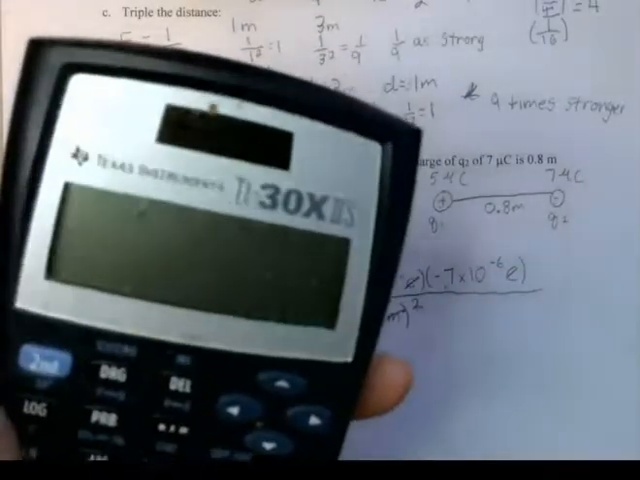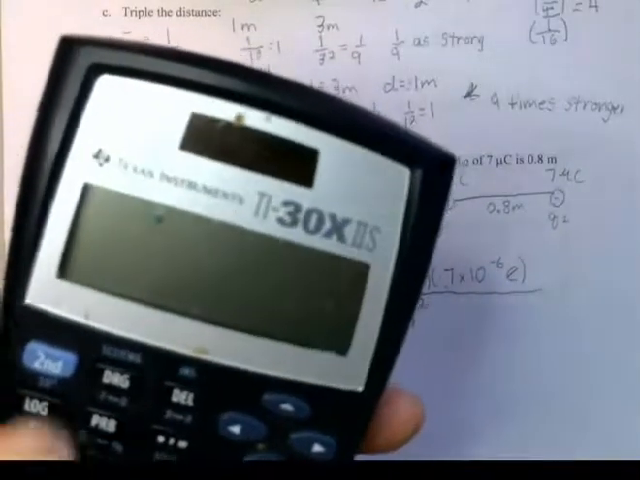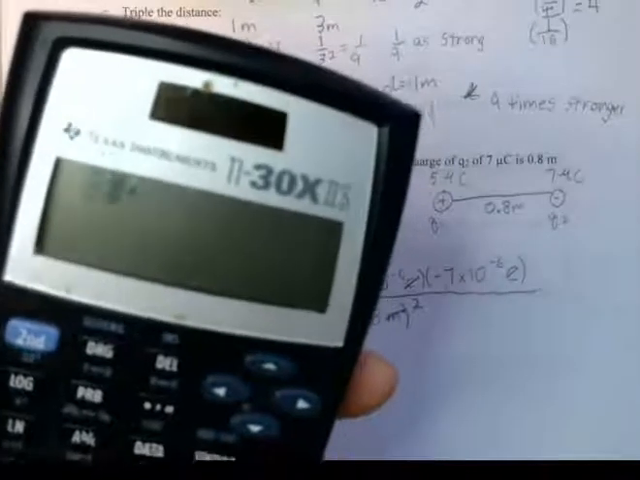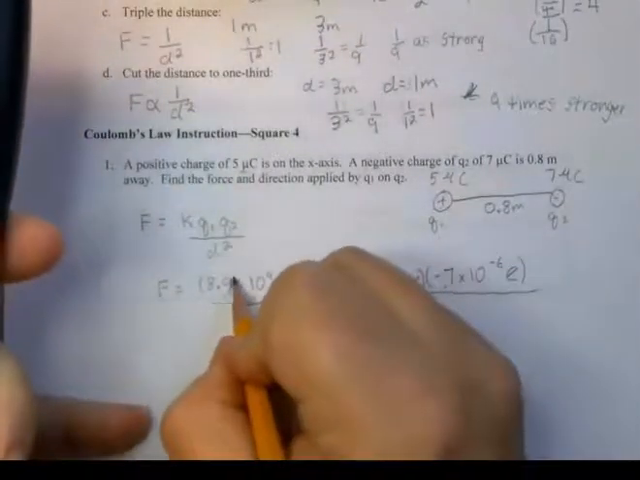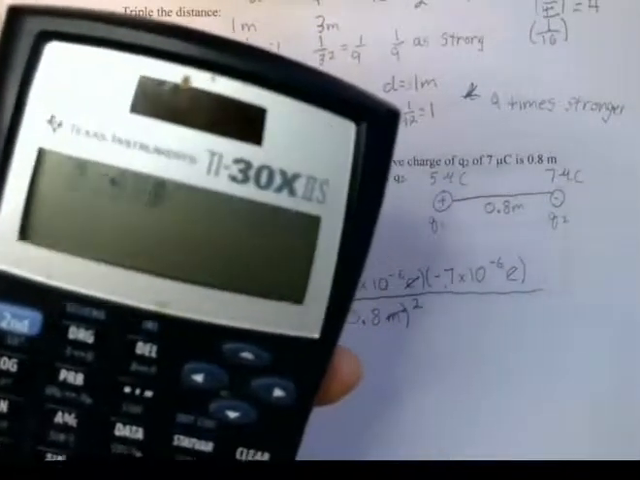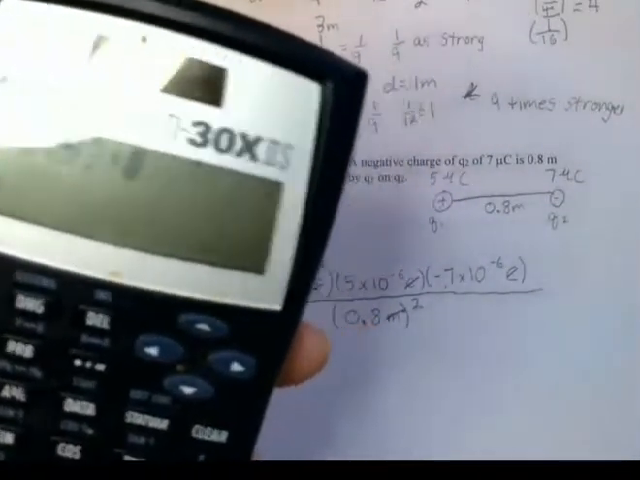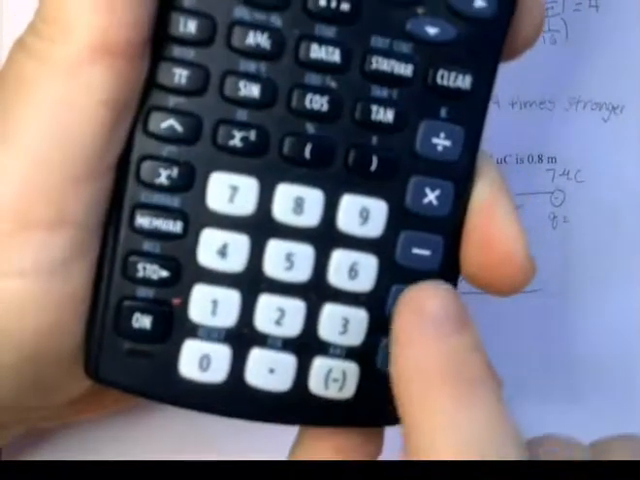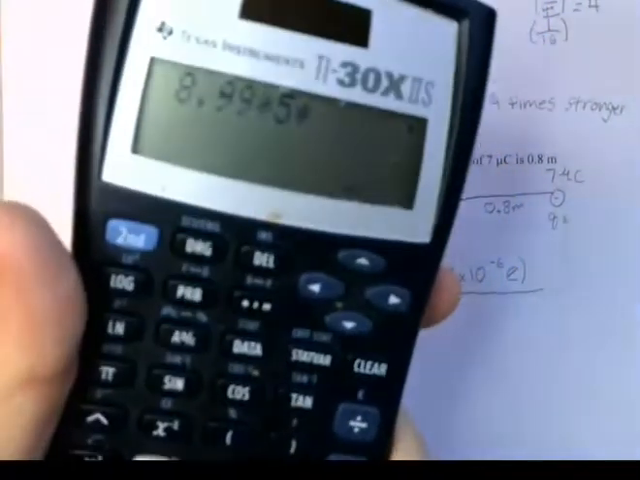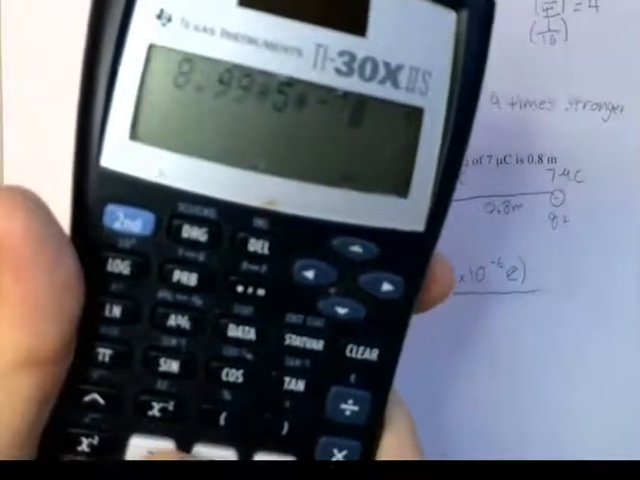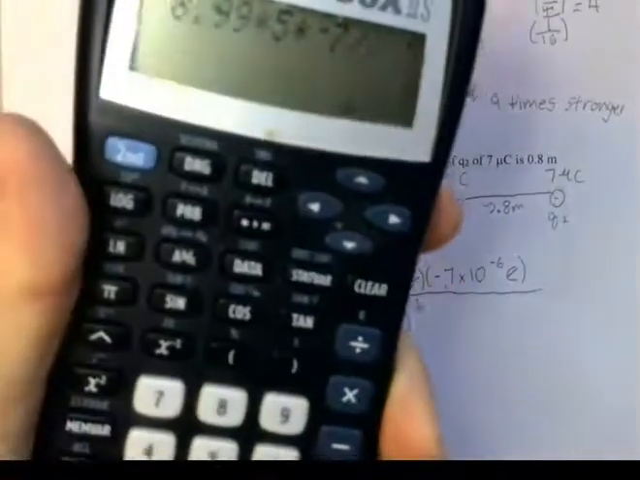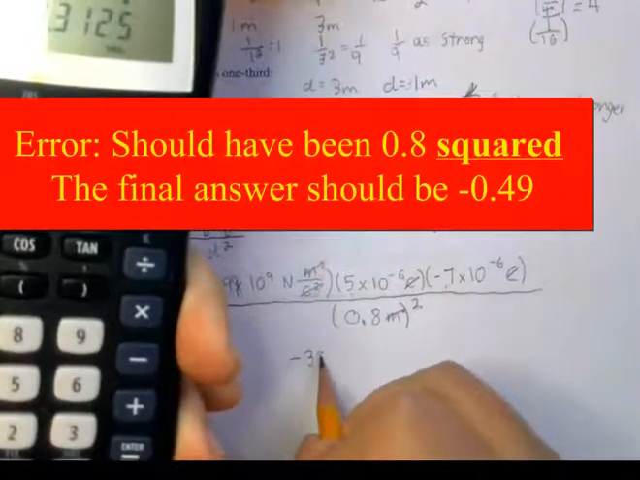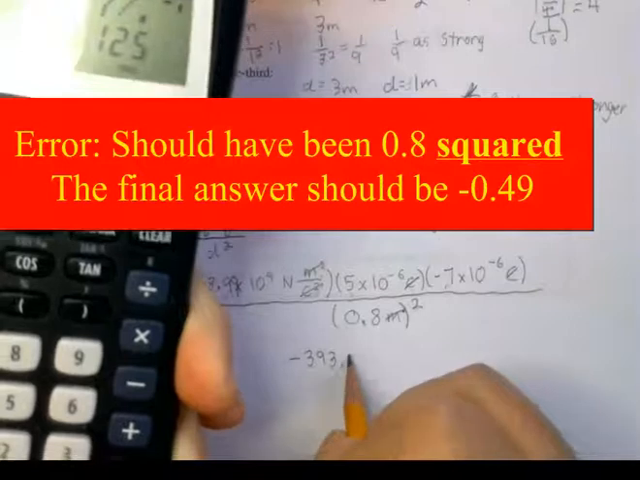So what I'm going to do is this. It's 8.99. I'm trying to get it so there's no glare on the screen, times 5 times, and now it's a negative sign for negative 7 is this minus sign. Not this is the minus sign, this is the negative sign. Don't get them confused. It's times negative 7, and it's divided by 0.8. And that gives you negative 393.3